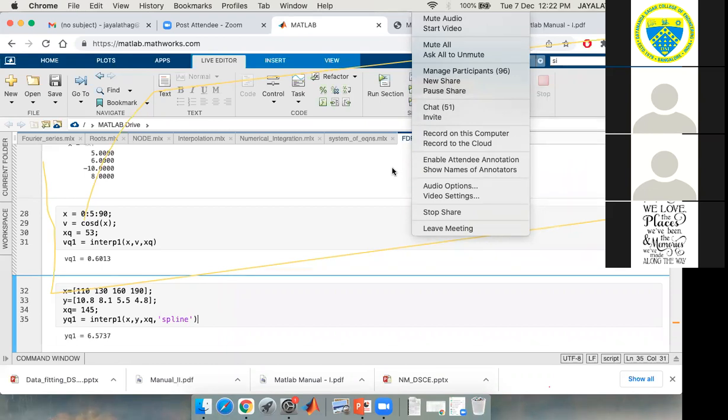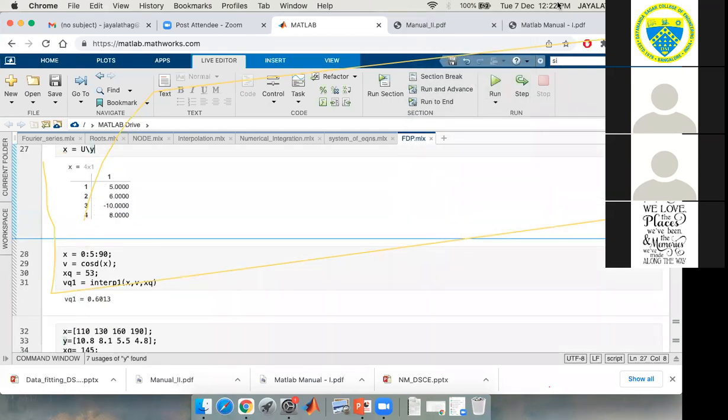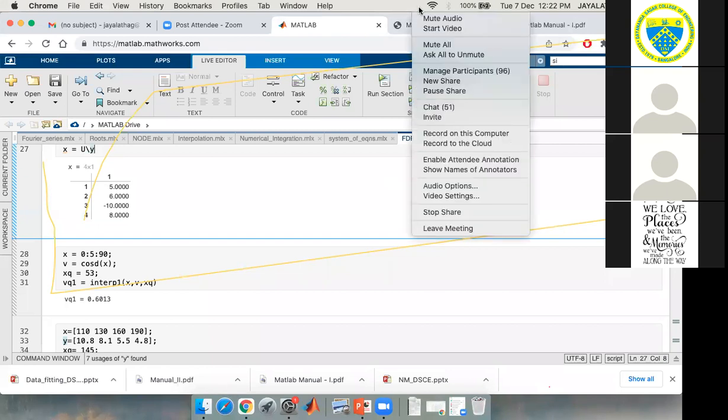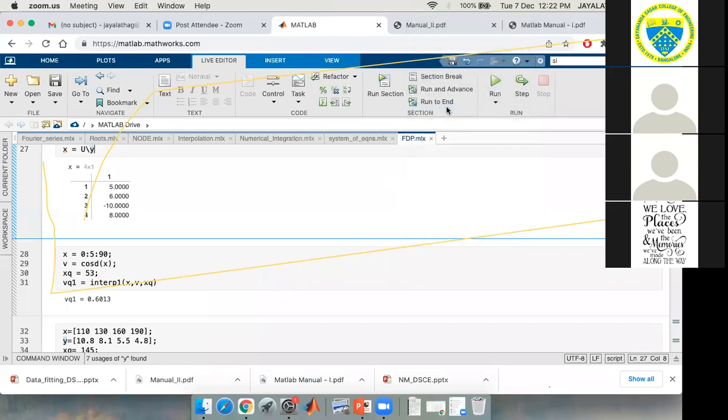The one who is sharing the screen can annotate, but only these many options are there. Okay, any questions in the chat? Oh good, they're putting the answer. Very nice. Okay, you can continue.